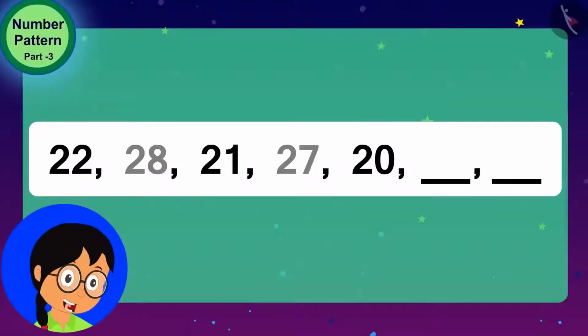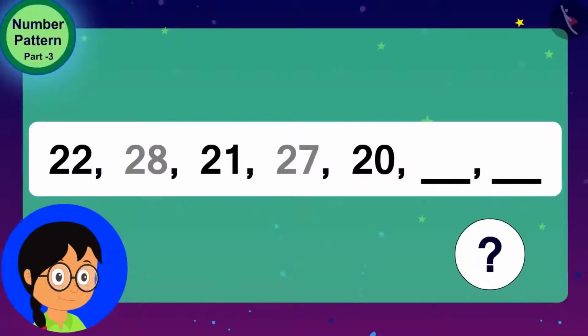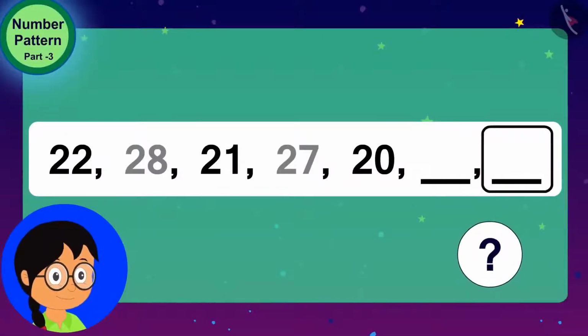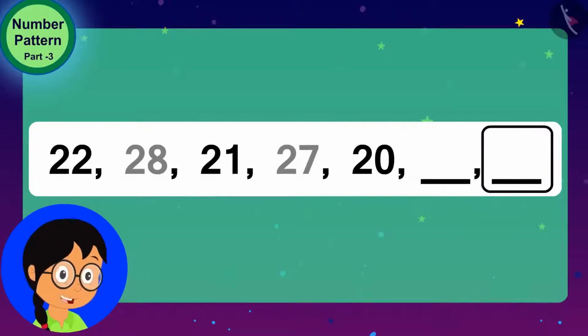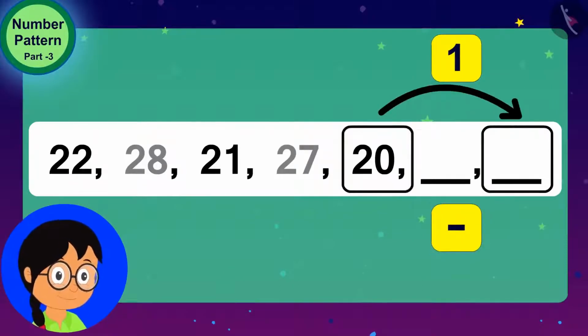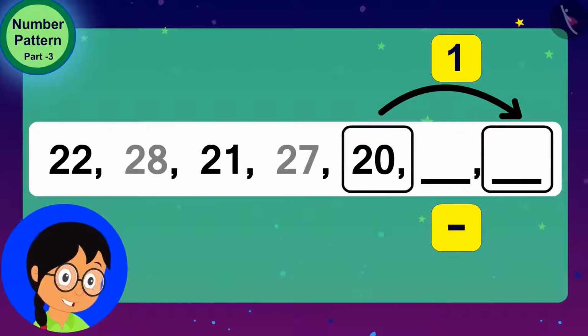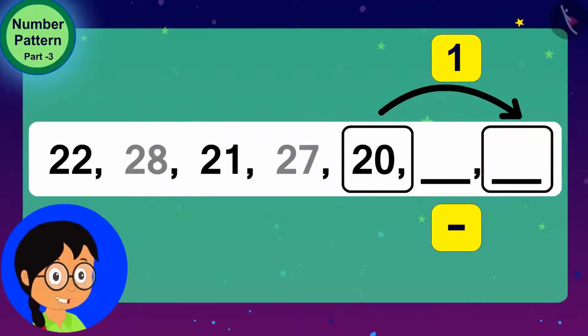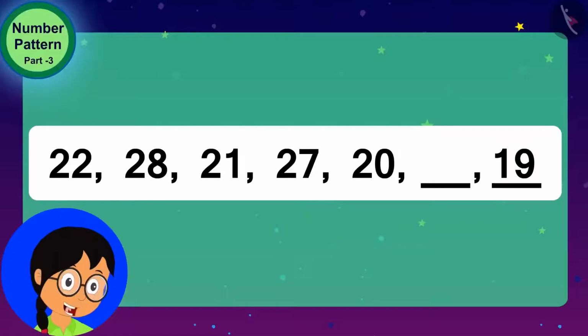So, what do we have to do to get the number written in the 7th place? Meenu asked the audience. That's correct. 1 has to be subtracted from 20. In this way, the number of the 7th place will be 19. Now,